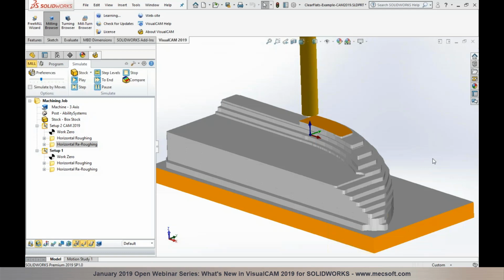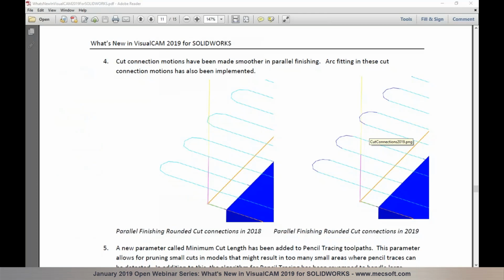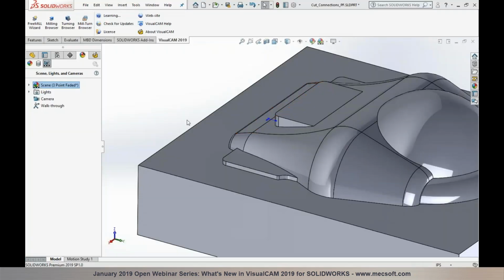So the next enhancement we'll talk about is the cut connections in 3-axis finishing operations like parallel finishing. We will introduce automatic arc fitting to these toolpaths to make the cut connection transitions much smoother in 3-axis parallel finishing, and I'll go through that with an example as well. The cut connections can be found under the entry and exit tab in 3-axis parallel finishing. So in this particular example,